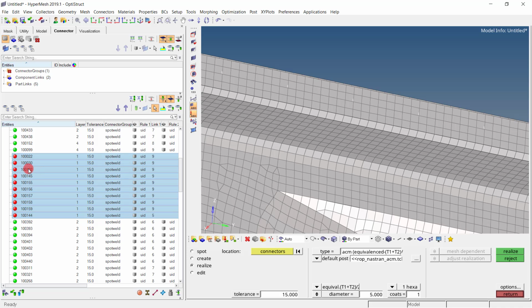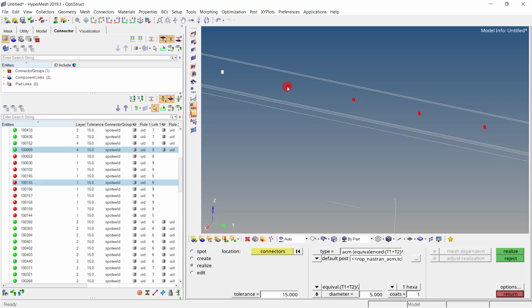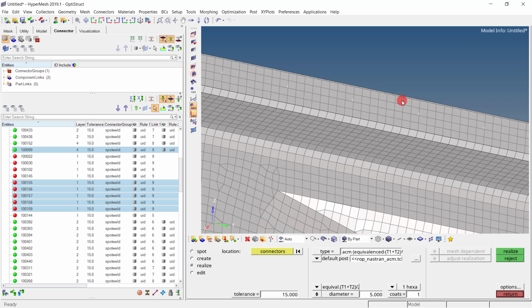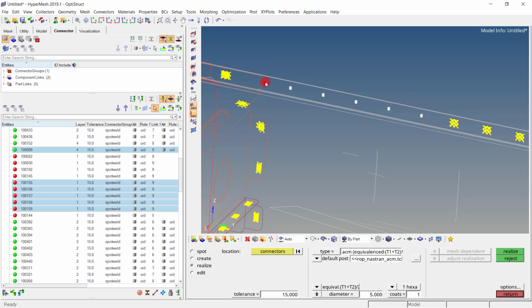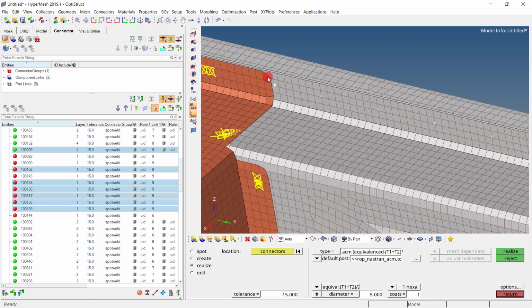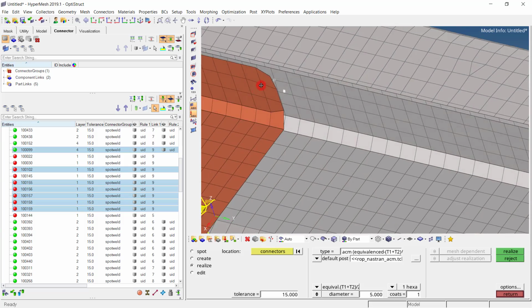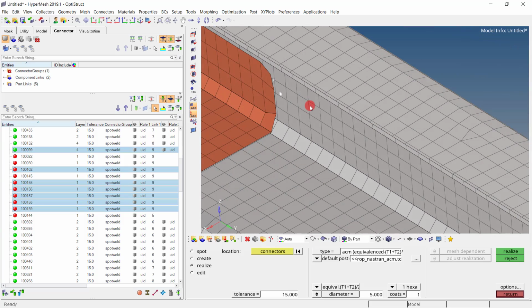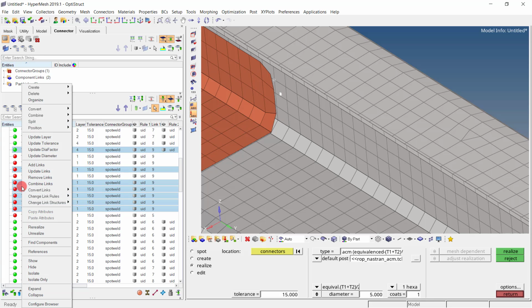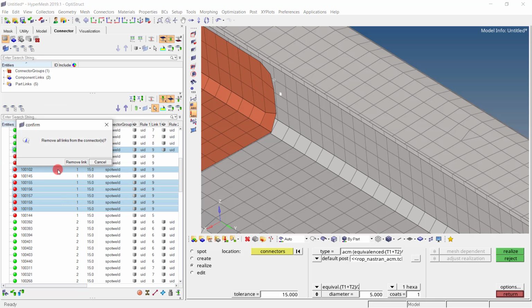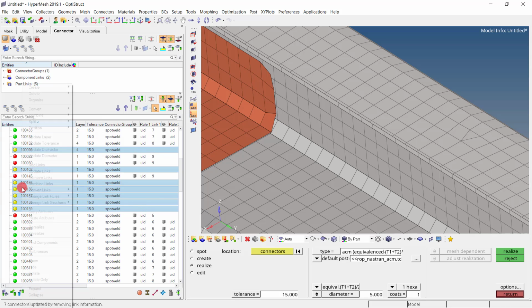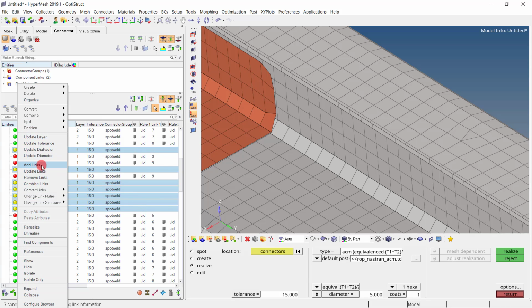So simply try to update the information. For example, let me press Ctrl and Shift and let us select this 1, 2, 3, 4, 5 and 6. Okay. Now let us zoom in and observe which components it is connecting. Okay. So once you understand that these are the 2 components, instead of going to the add link, in the connector browser itself, we can first say remove existing links. Then right click over here and go for add links.